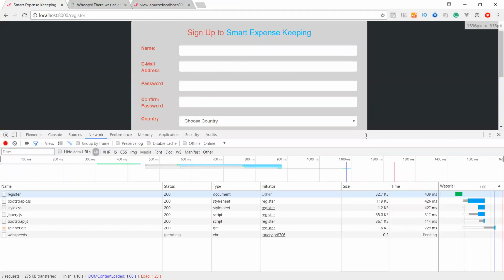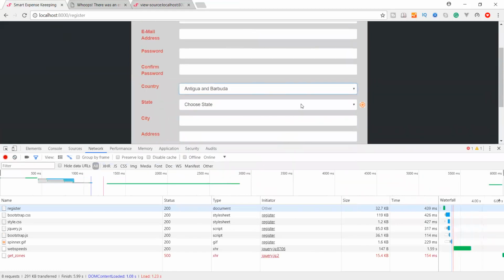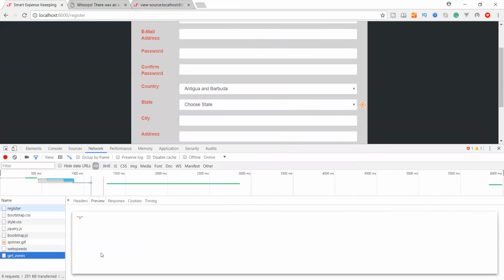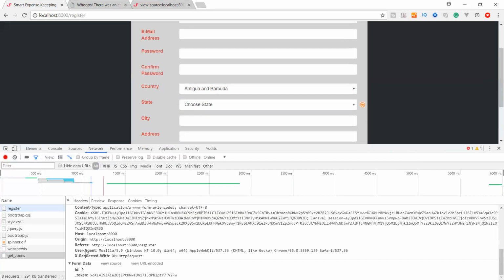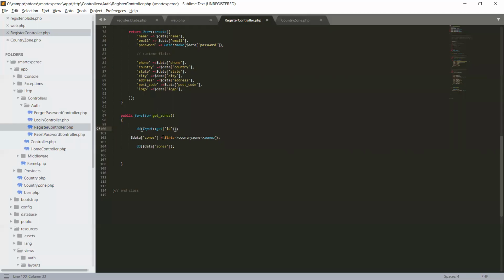Okay, let's put our country, this one, and we have set the request. So now in the header we are sending 9, and in the response preview we are accessing this 9, so we have an id. So it means we are getting data. Save it.